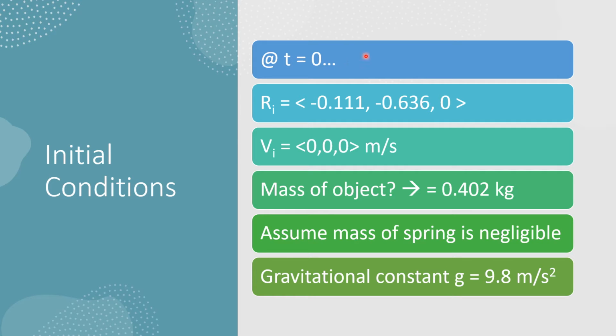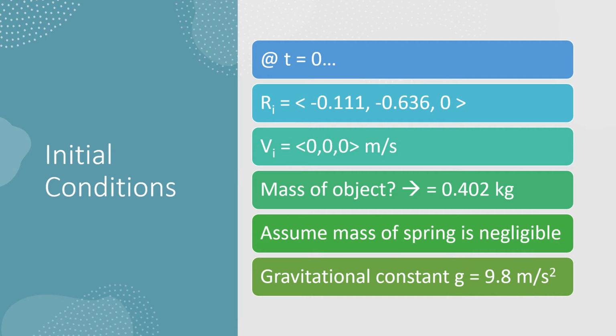Right before the mass was released from rest, we found this to be the initial position, and since the mass was released from rest, the initial velocity is 0. Moreover, to make the predictions, we need to know that the mass of the object is 0.402 kilograms. And here we're making the assumption that the mass of the spring is negligible. Then, since the video is on Earth, we're using the gravitational constant small g, which is equal to 9.8 meters